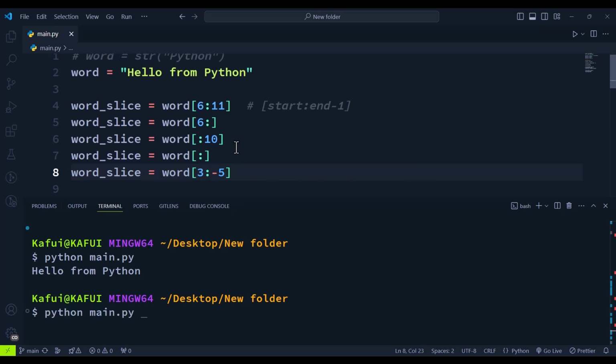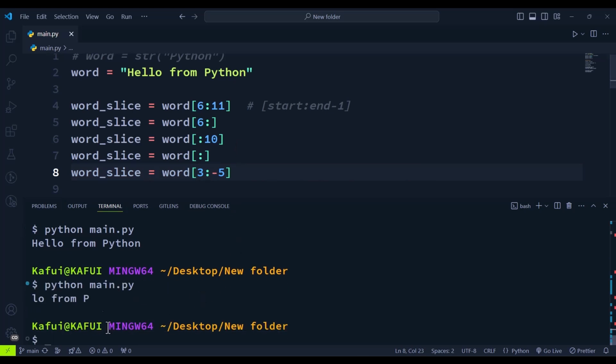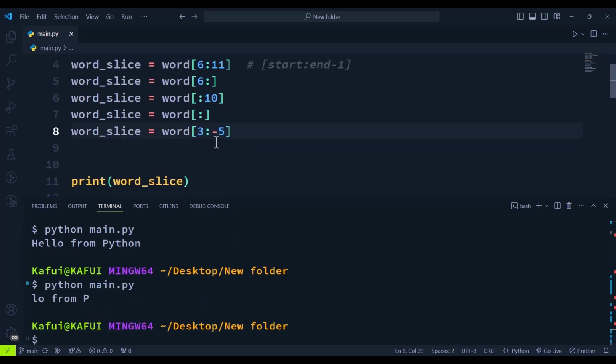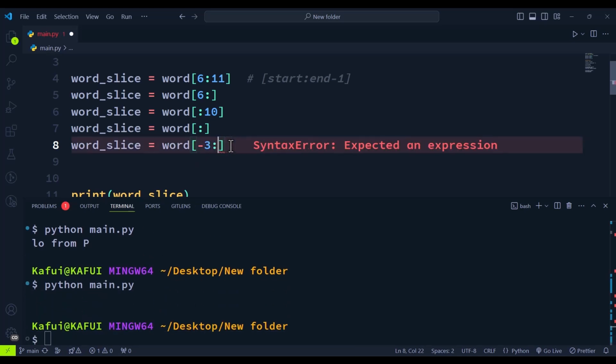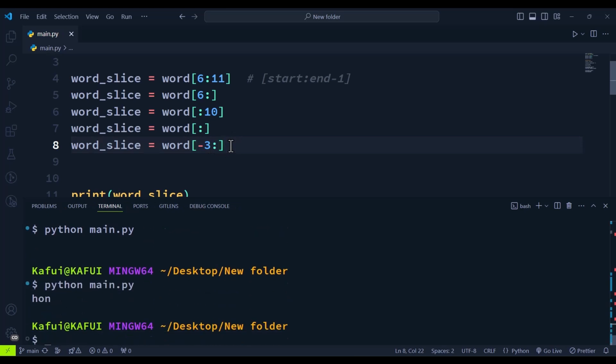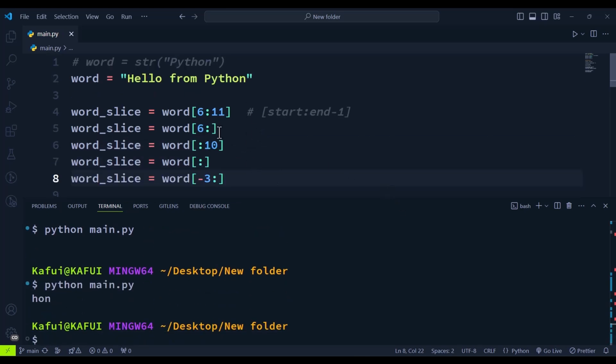Let's see what we'll get. So this is what we are getting. So you can specify a negative end position, and you can even specify a negative start position. When I change this to -3, we don't get anything. Let me just remove this one and then specify -3. So it will start from the end of the string, which is